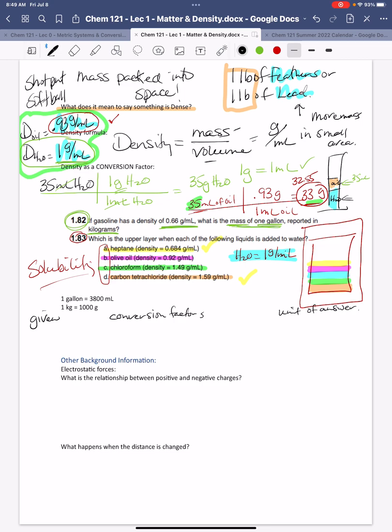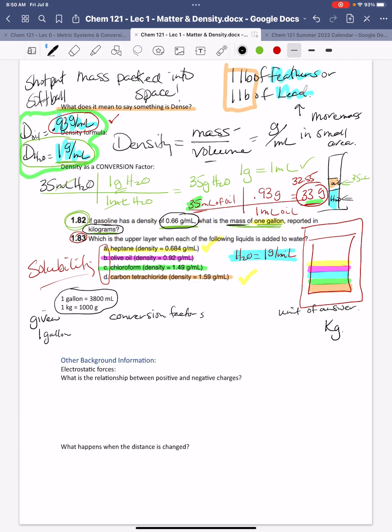It's not apparent in this problem, but our given is 1 gallon of gas. Our conversion factors we're going to put in together, but the first one we have right there, and the other 2 I've given you right here. We're going to use a couple of them. What we'd like to do is find the mass, but we'd like it in kilograms, so I'm going to put kilograms over here. Okay, so here we go.